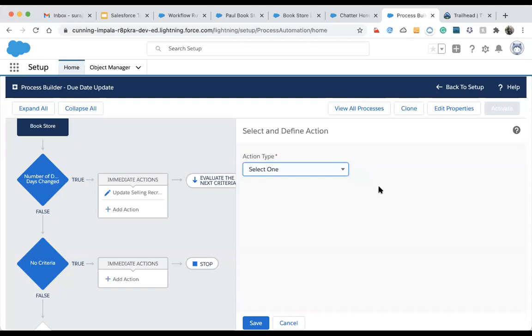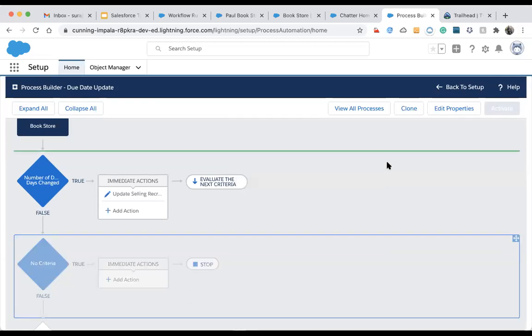So this kind of difference will basically be asked in interviews: why we choose workflow, why we do not choose the process builder. So what's the difference? We can't manage the workflows easily, and whenever we have a rule criteria, we need to create a new workflow for that. But in the process builder, we will just add a new criteria. We don't need to create a new workflow, so it is easy to manage all the conditions in a single place. We also have control over which rule criteria executes first and which executes last.